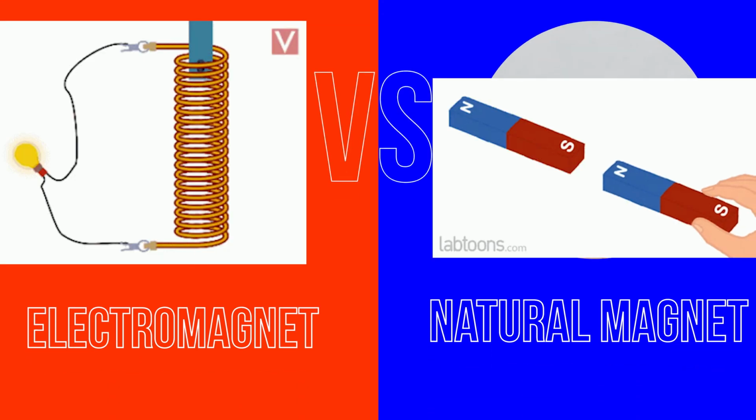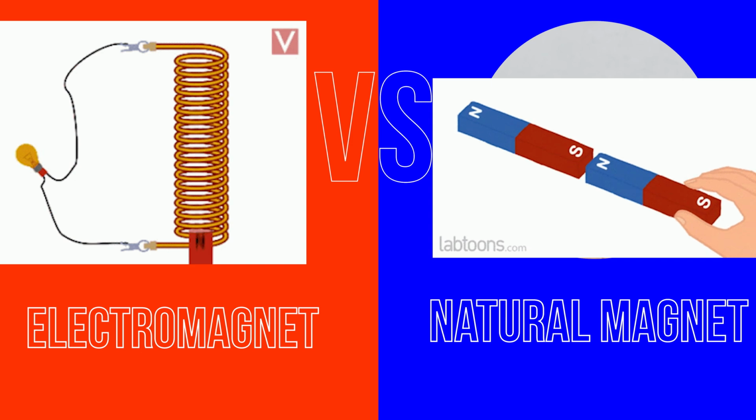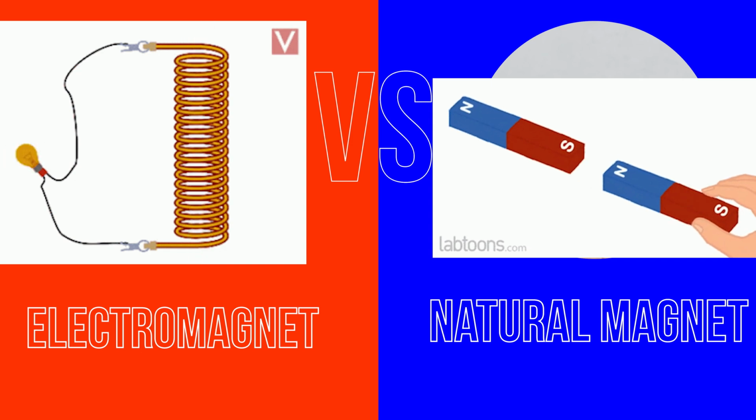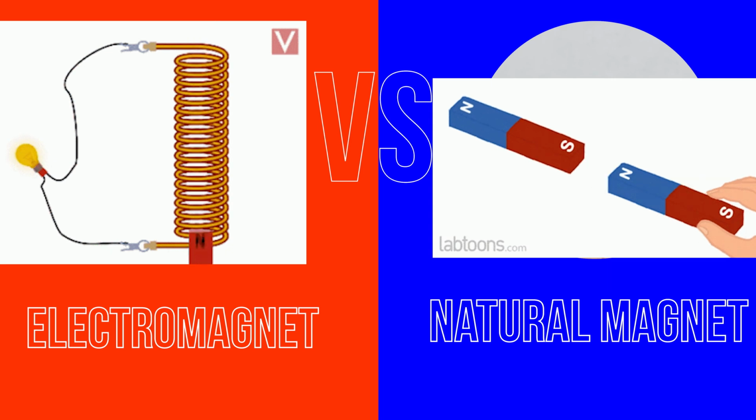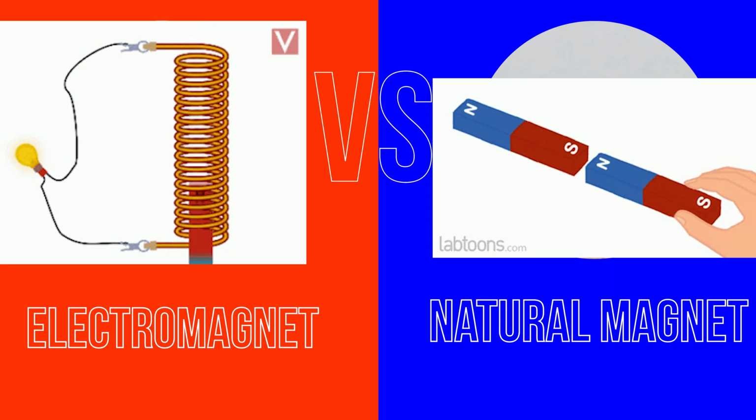So you see, we can use the electromagnets as and when we want and call them temporary magnets. Unlike the natural magnets, which are always magnetic, we can also adjust the power of electromagnets by controlling the amount of current flowing through it. The more the current, the more the power. Also, the more the coils, the more powerful an electromagnet is. That is why electromagnets are chosen over permanent magnets for a wide range of applications.